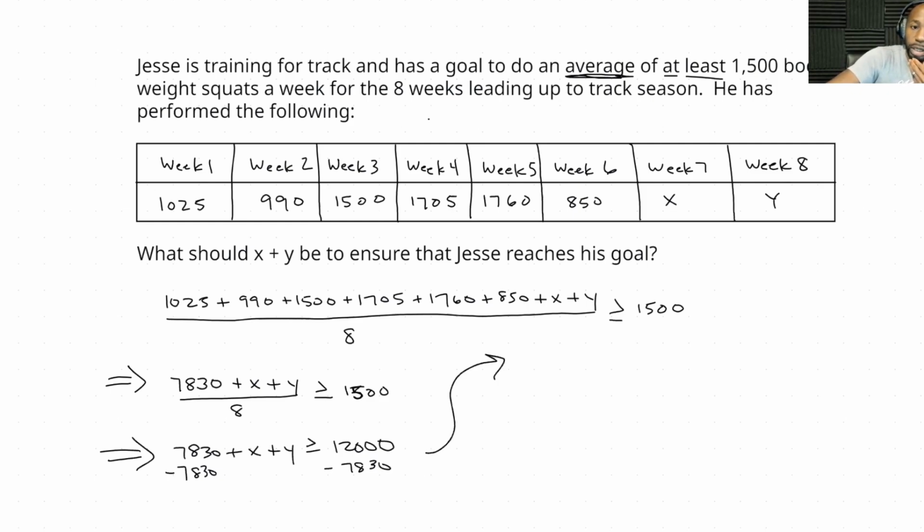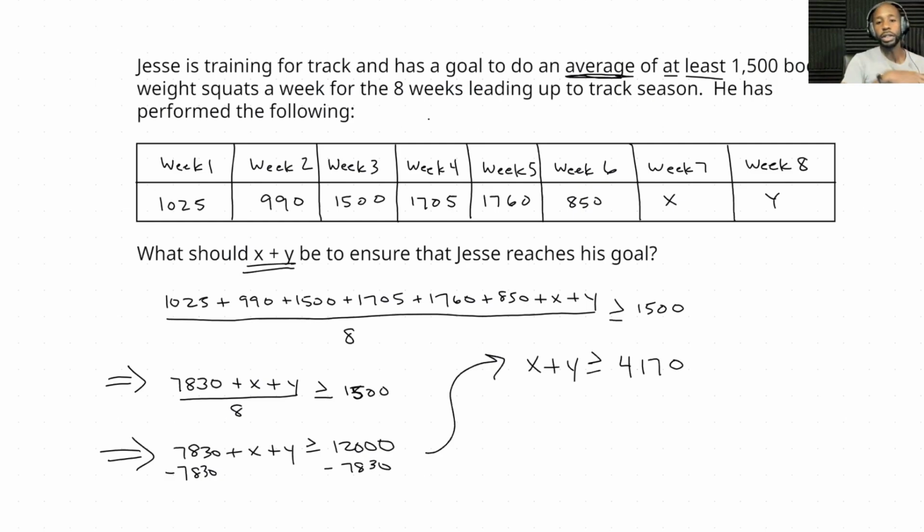So X plus Y, which is what we're looking for, is going to be greater than or equal to 12,000 minus 7830, which is